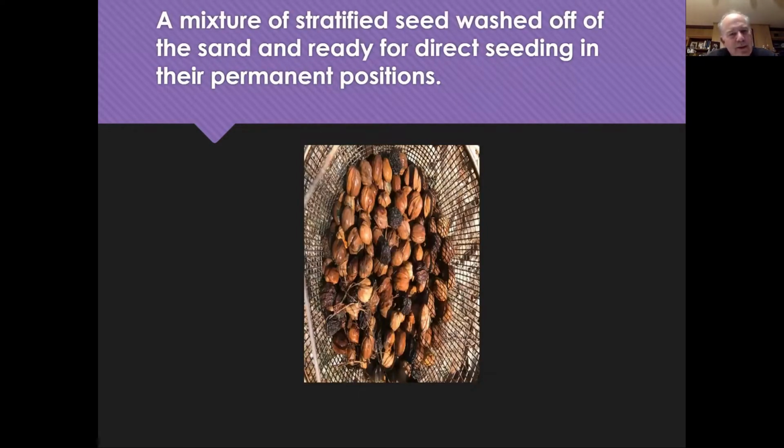And here is some seed I just cleaned. I put them in my basket and washed them in a big 50-gallon barrel I have. Just dip them down there and clean all the sand off, and they're all cleaned up, and I can look them over and see if any of them are splitting, which they normally aren't yet. But once you get them wet like that, I have to plant them right away, because within a few days